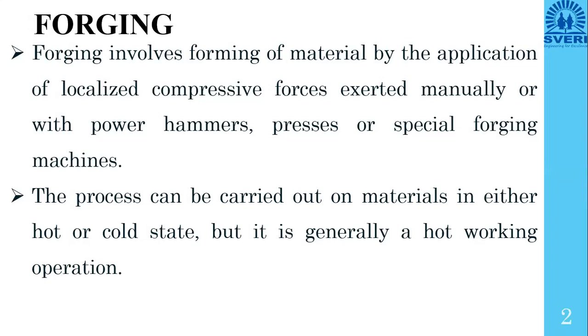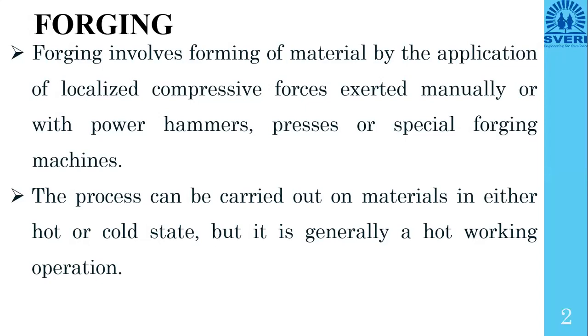If you take the example of casting, in casting we create a cavity and pour molten metal into it. Why is molten metal poured? Because in molten condition, the flowability of the material is very, very high. But in forging, we are not going for the molten condition. If we use two dies having certain shapes and put molten metal in that die, it becomes die casting.